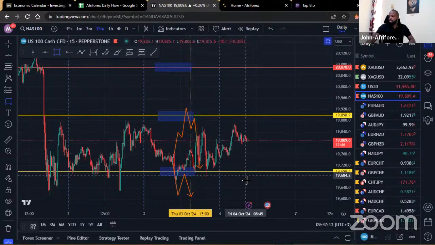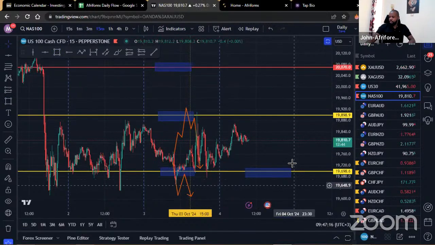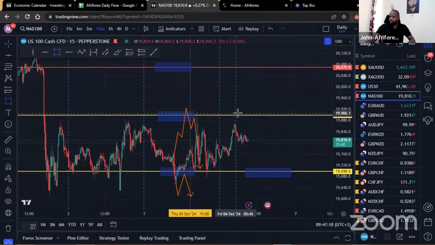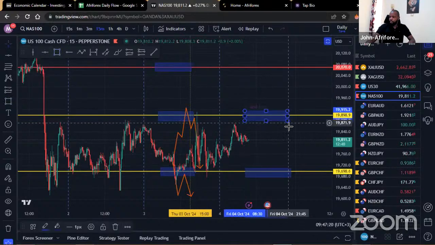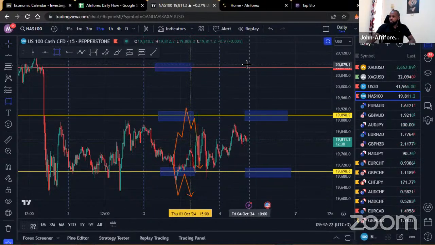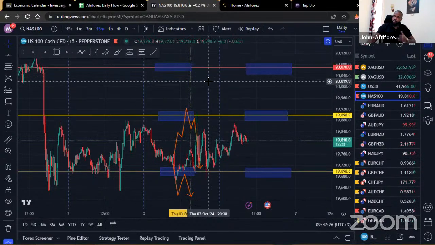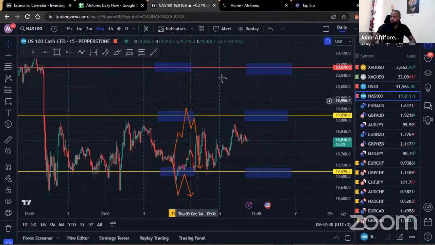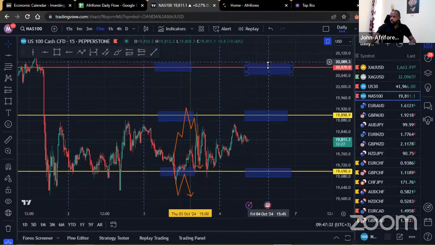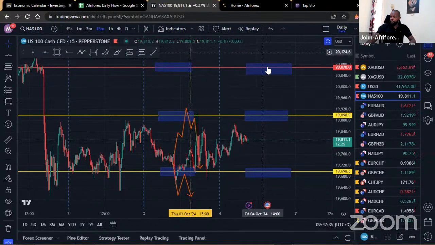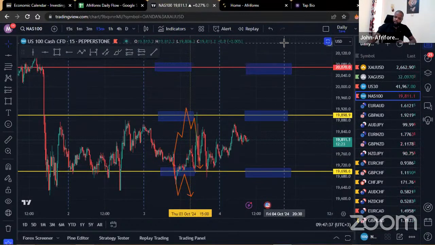But generally, you can see that the market is in some sort of a range. It's bouncing and playing between these two regions right here. So the levels are more or less the same. The bias is still the same in terms of direction. Still watching out for sells. Remember, for the indices and the commodities, for as long as we're holding below the red SNR, we should be looking for sells. In case the market breaks above and holds above the red SNR, then at that point in time, we could look for the buys.